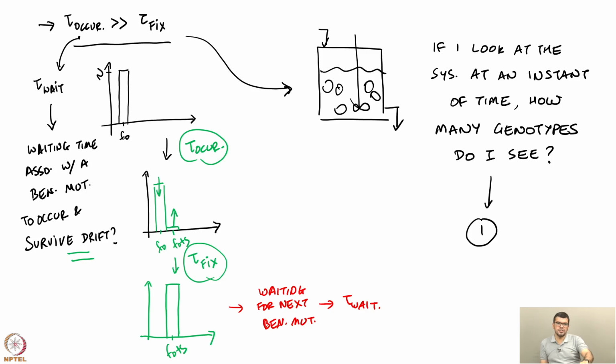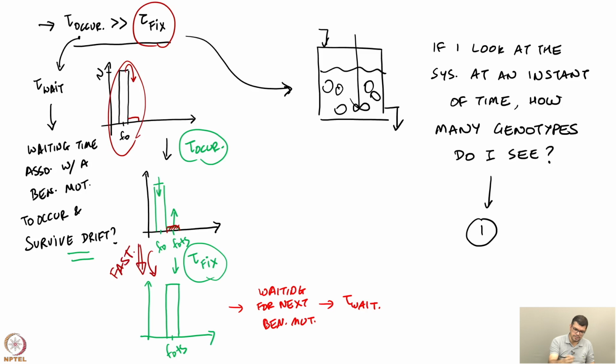because in this regime tau occurrence is really long. So, you have to wait a long time for a beneficial mutation to occur and survive drift. That means most of the time the system is spending in this particular state where we are just waiting for this mutation to come and the system to reach this stage. Once the wait is over and I reach this particular state, then the transition from here to here is fairly rapid because tau fix is much smaller. As a result, this transition is much faster,